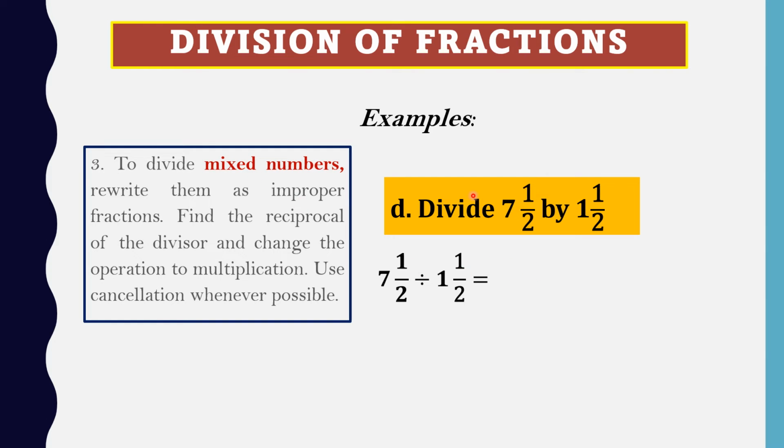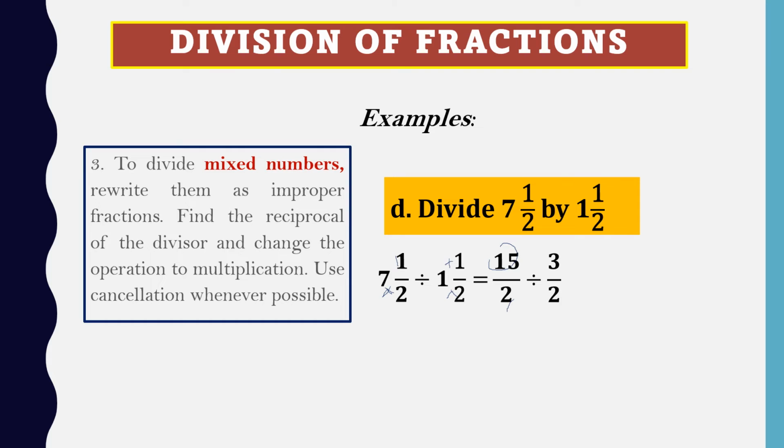As it says in the rule, we change the mixed numbers into improper fractions. We have obtained 15/2 here by multiplying 2 and 7. So 2 times 7 is equal to 14 plus 1. So we have 15. And then copy the denominator 2. Next, 2 times 1 is equal to 2 plus 1. So we have